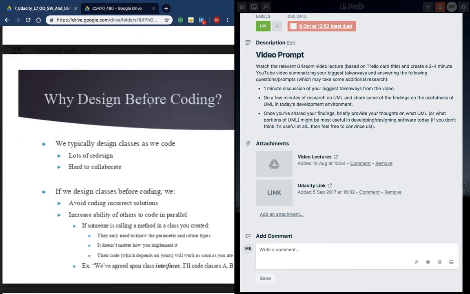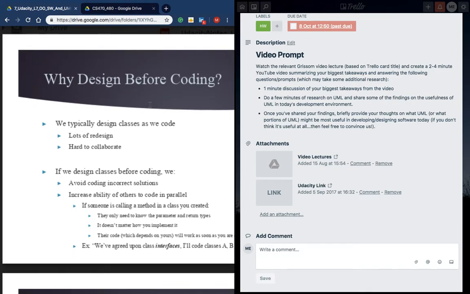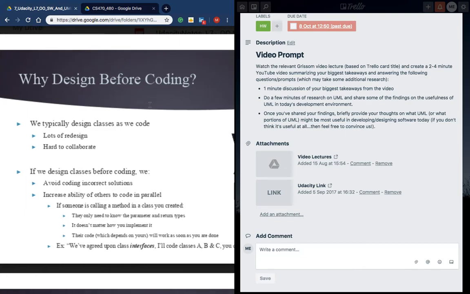I really like the slide "Why design before coding" because it re-establishes the point that we need to design before we even start coding and really think out the things that we do, which reminds me of CS125, where rushing through a lot of projects before actually thinking about, okay, here's why I need this. Do I even need this? And then also having to redo projects completely, such as Battleship,